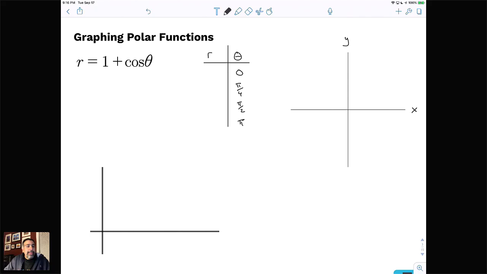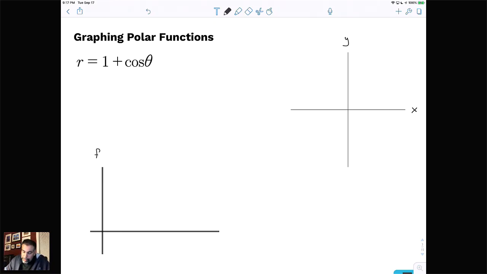I find value in letting my students do that the first day. I think it's important they get to see how points are plotted and all that stuff works. But I've got to be honest, I do not want my students continuing with that method after the first day. I think there's a much stronger way of doing it, and I'm going to show you that this evening, and I hope you'll agree. I'm going to draw 1 plus cosine theta, but first